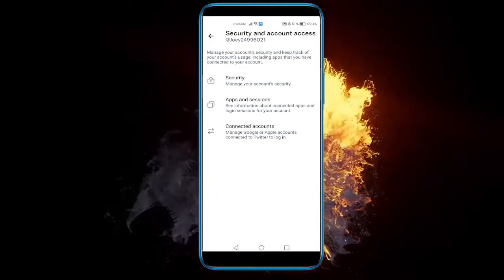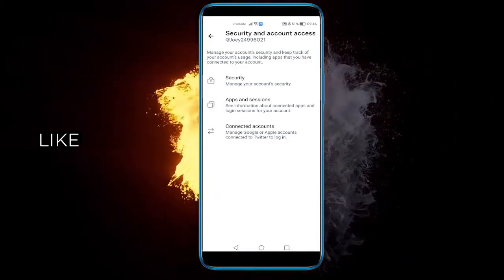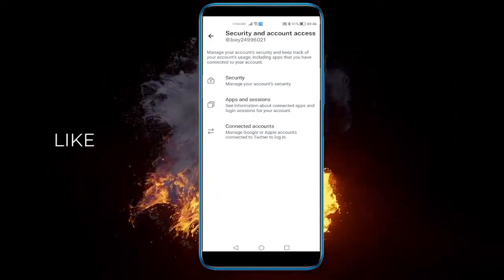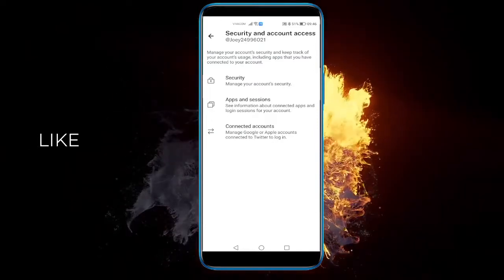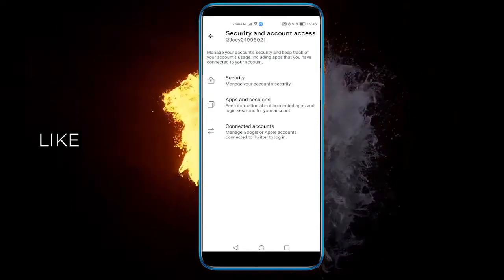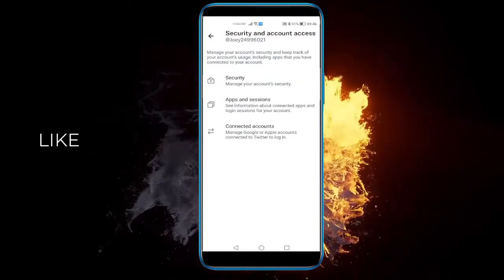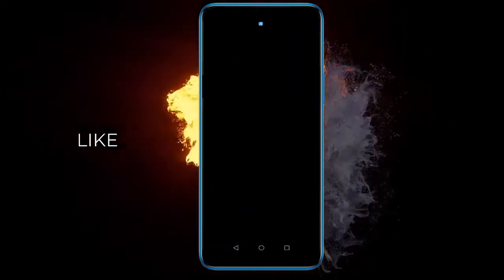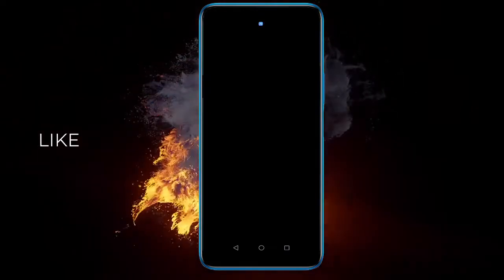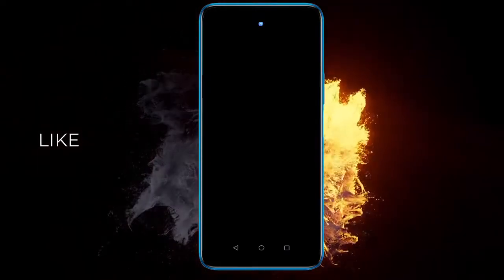And here there might be a little problem because I might not be able to show you this because usually all recording programs and Android block private information in sessions. So when you click on apps and sessions, yeah, as you can see, you'll see a black screen on the